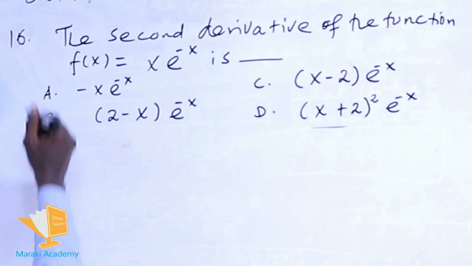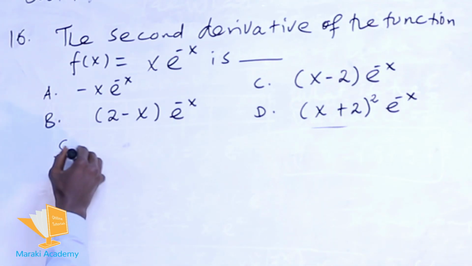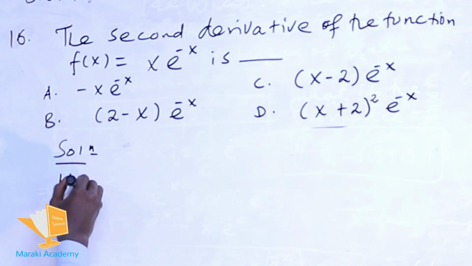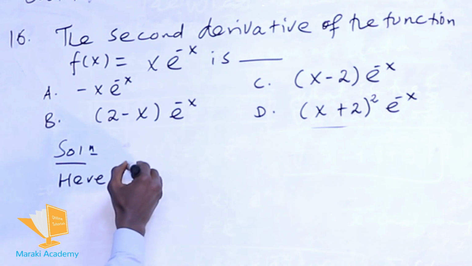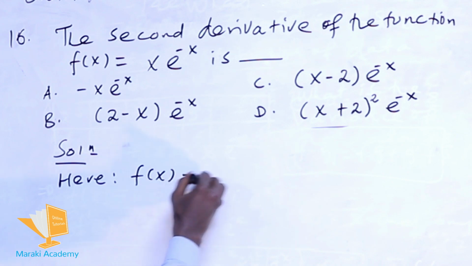በባለፉት 3 ተከታታይ ቪዲዮዎች እስከ 15ኛው ጥያቄ ድረስ ሰርተናል። ዛሬ ደግሞ ከ16ኛው ጥያቄ እንጀምራለን። የ16ኛው ጥያቄ የሚያተኩረው ስለ ዴሪቬቲቭ ፋንክሽን ነው። Now here we have the function f of x, which is equal to x